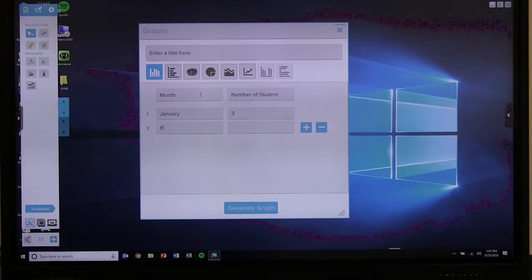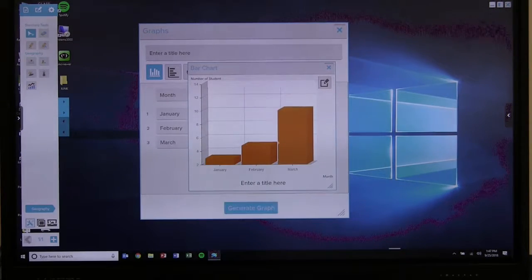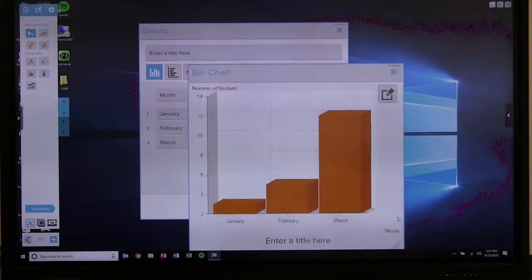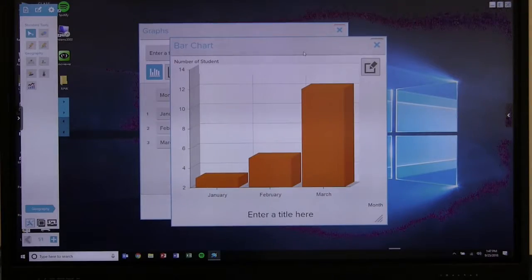February 5, March 12, and I'm not going to continue, but that's the idea. And then if I click Generate Graph, it actually generates the graph for me so that it's a lot